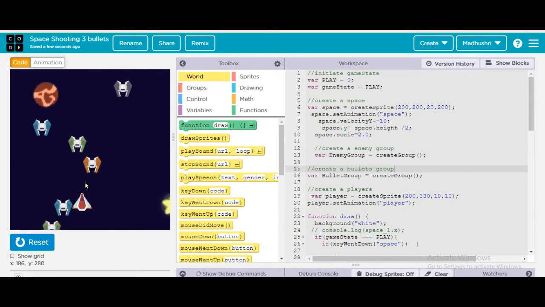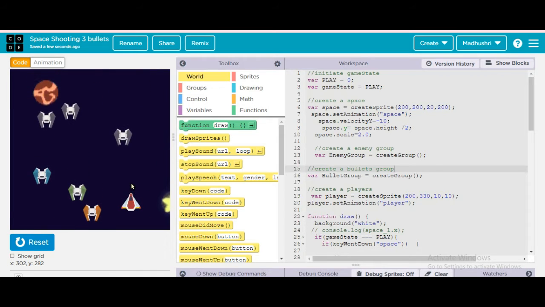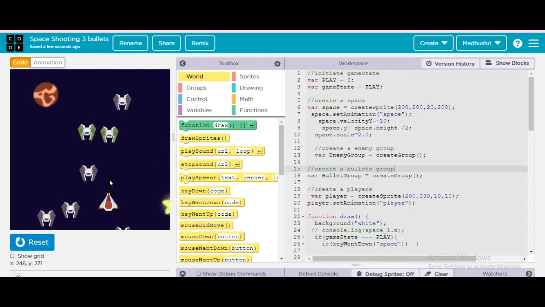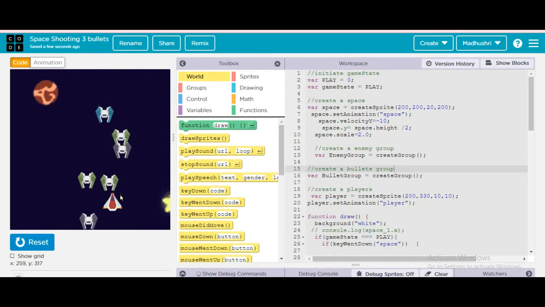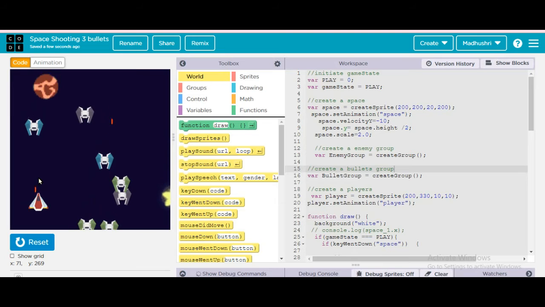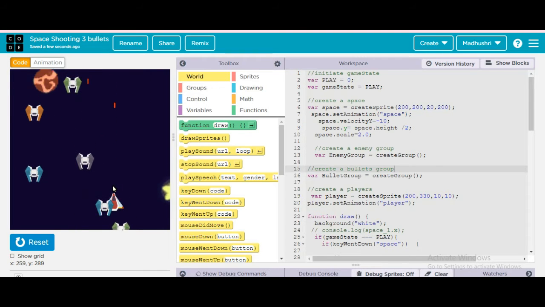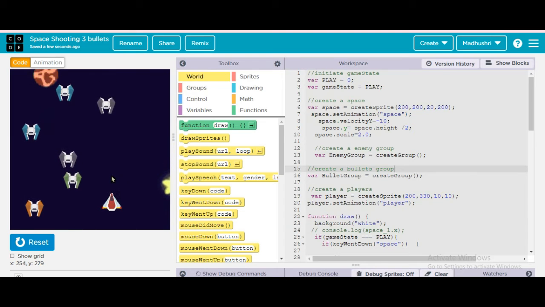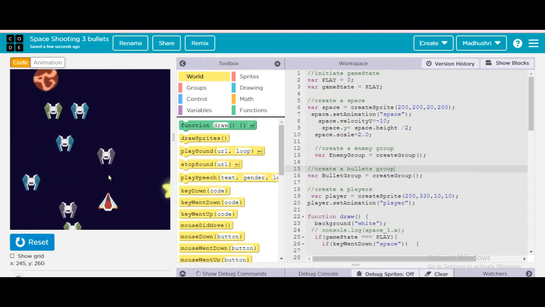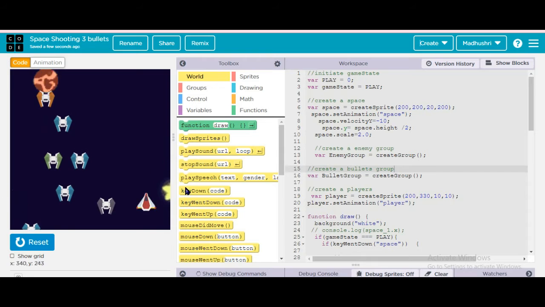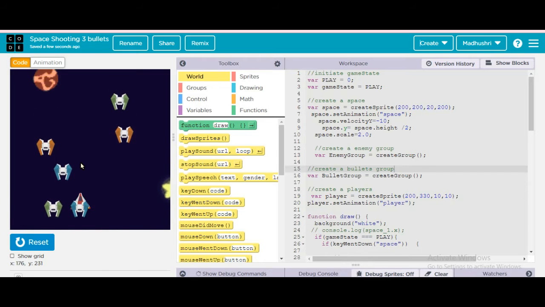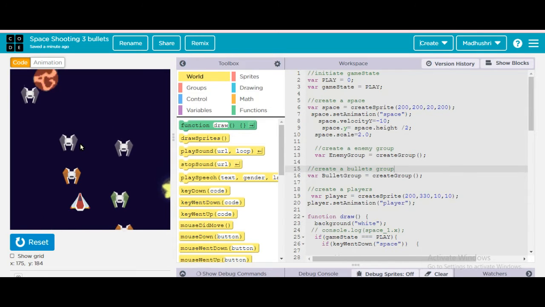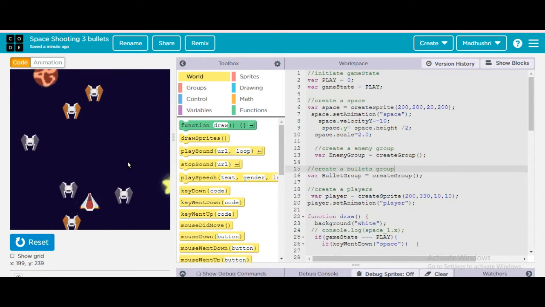So the enemies will be coming. When we click on the space button, the bullet will come with the sound. Wait, see, now we can hear it, right? You'll ask why the enemies are not disappearing, why they are not vanishing. We will be doing that in the class 11 project. So please be waiting.